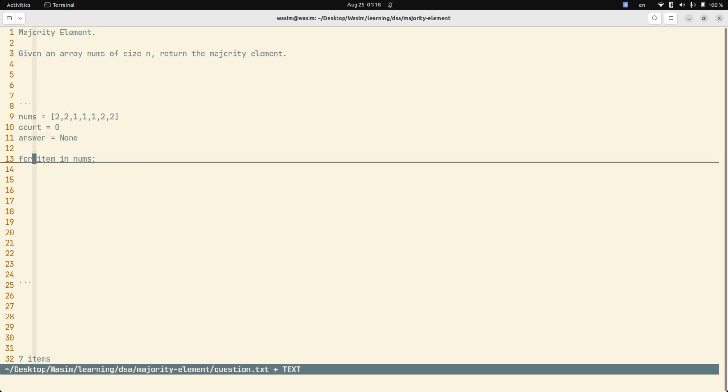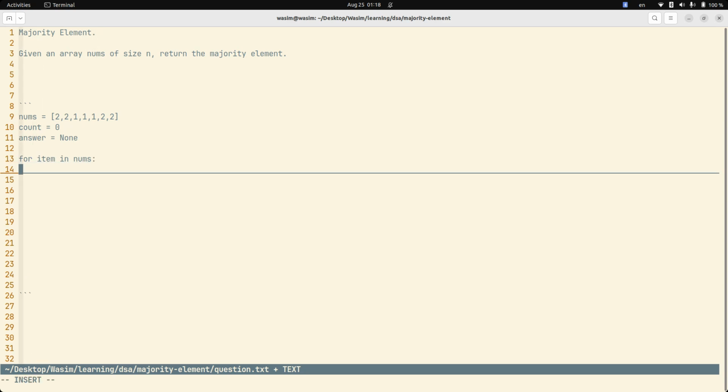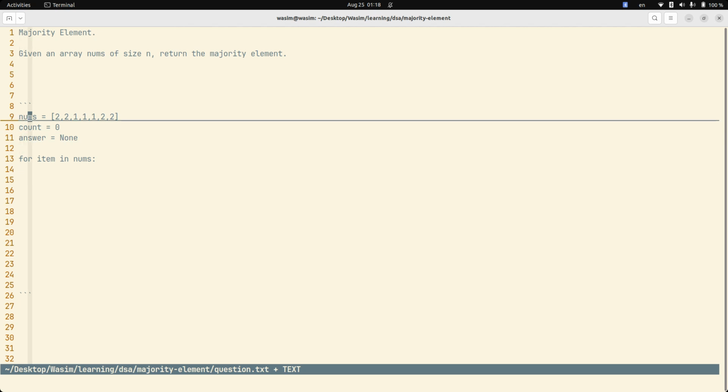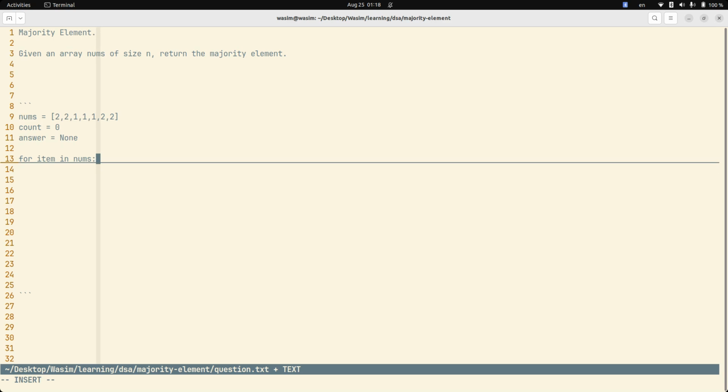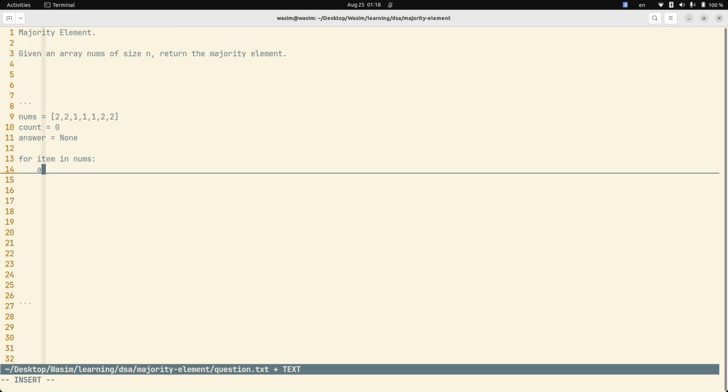And if the count is 0, this is where I start. So now the count is 0. I take the first element as my answer. I'm assuming that 2 is my answer. So I'm going to say answer equals the item, the first item in the list. And so when do I do that? When the count is 0. So if count equals 0,